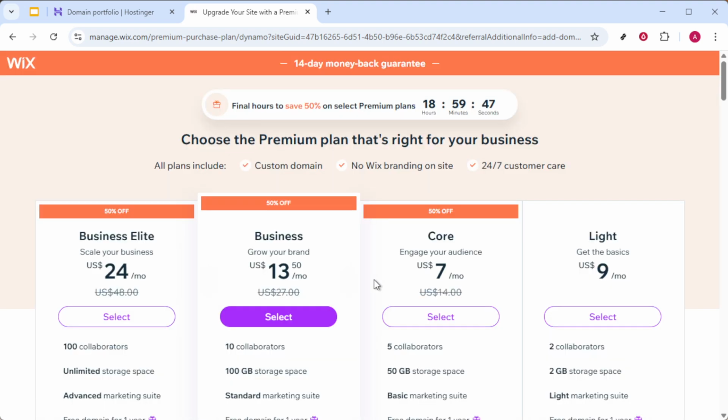Now, a quick word of caution and an essential final step. To finalize this connection, Wix might prompt you to upgrade your account if you're currently using their free plan. This is important if you wish to remove the Wix ads and have a custom domain for your site. Make sure to complete this upgrade if it applies to your situation. And there you have it. Your Wix domain should be successfully connected to Hostinger, aiding you